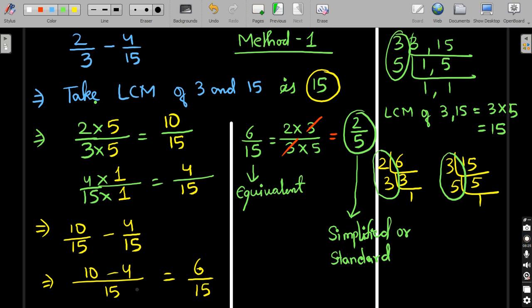10 minus 4 by 15. 10 minus 4, 6 by 15. 6 I can write as 2 into 3, and 15 as 3 into 5. Now the 3s cancel, and 2 by 5 is the answer. In the same way,